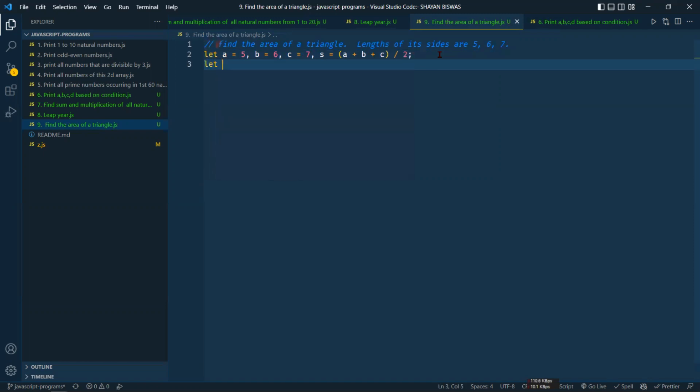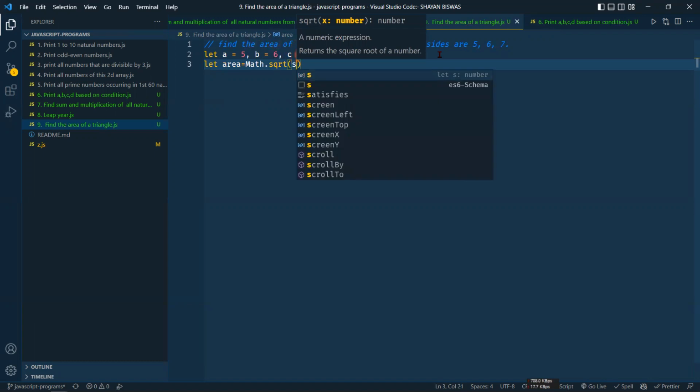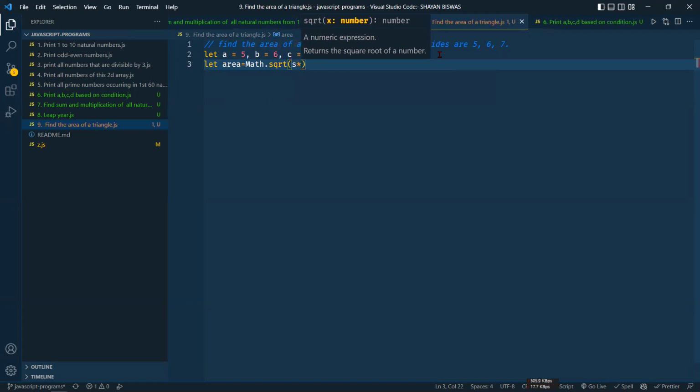Now we need to calculate the area of the triangle. So let's take area. Area equals, and for this we need a square root. In JavaScript there is a function for that, Math.sqrt. So it is the square root of half range into, sorry, it will be into, and after that we have to do